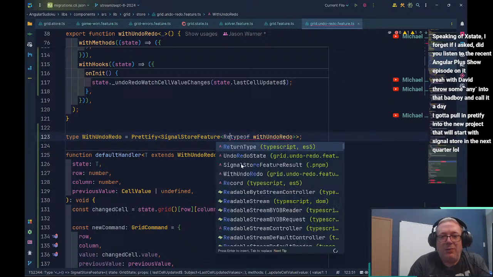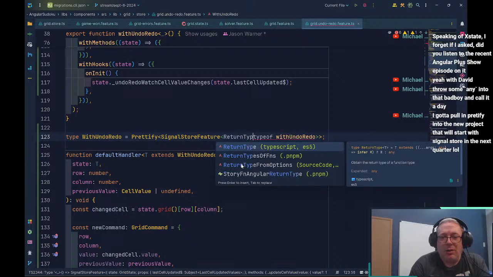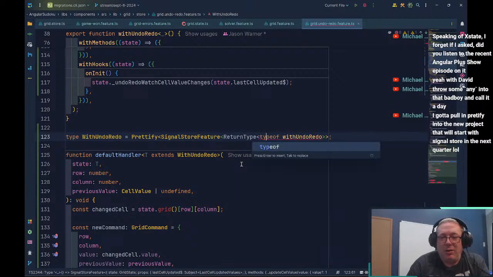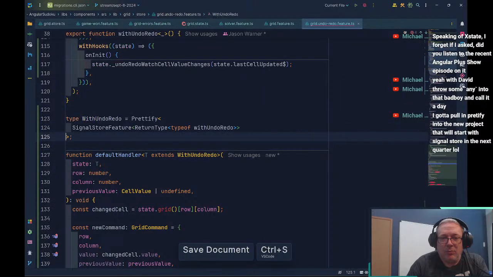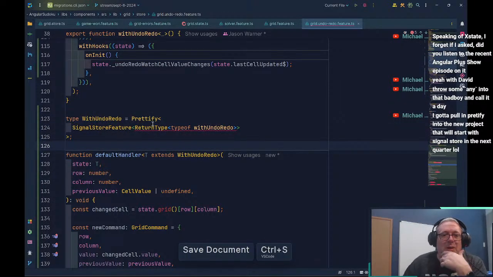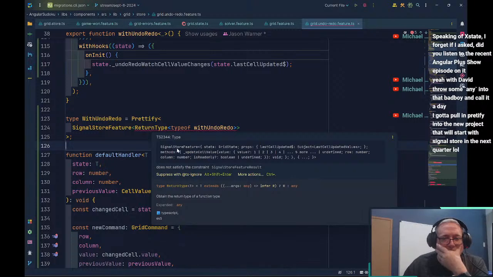And now I can do return type, right? Here. Now it doesn't like this. Props that, methods that,